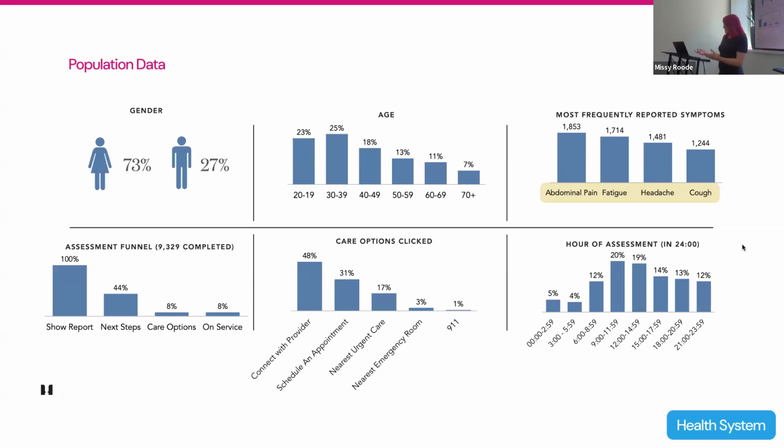Are they doing it on their lunch break, which might be happening here based on the time, or are they doing it early in the morning because they want to get an appointment in the afternoon, whatever the case may be. Sometimes you'll see spikes overnight as well, not here, but I've seen cases where someone gets sick overnight and they're looking for options for care before the office is open. In this case, you can start to see that gender and age breakdown and start to go, okay,